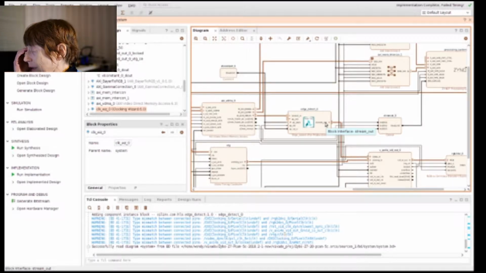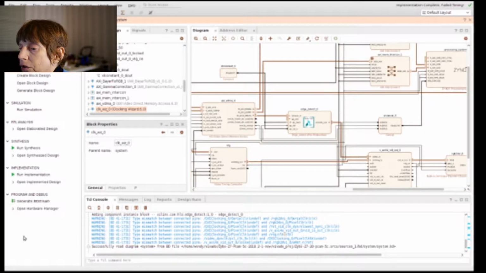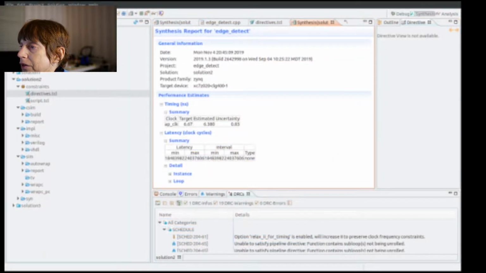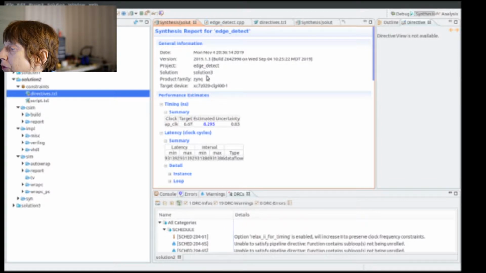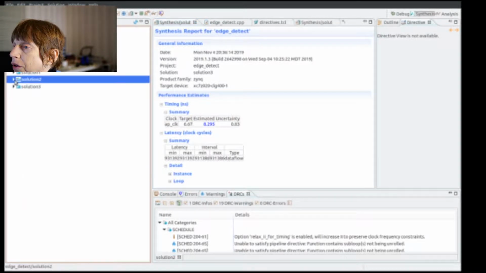So that tells me that the edge detector is a problem. So looking at that, there we go. I played around with it a little. So this was using the solution 3, which in this case I use a bunch of stuff, but if you